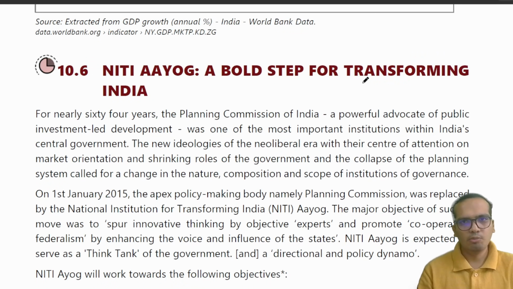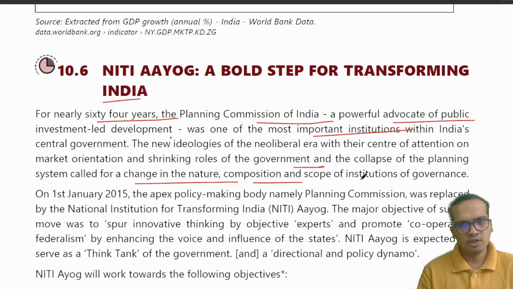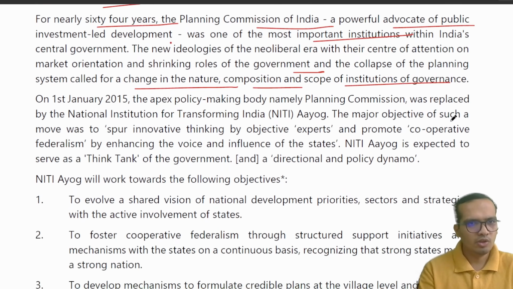Then we have Niti Aayog, a bold step for transforming India. For nearly 64 years, the Planning Commission of India, a powerful advocate of public investment-led development, was one of the most important institutions within India's central government. The new ideologies for the neoliberal era, with the center of attention on market orientation, shrinking roles of the government, and the collapse of the planning system, called for a change in the nature, composition, and scope of institutions of governments. On 1st January 2015, the apex policy-making body, namely the Planning Commission, was replaced by the National Institute for Transforming India,